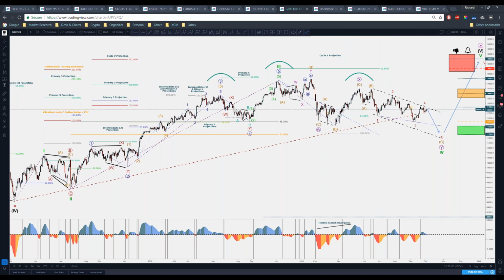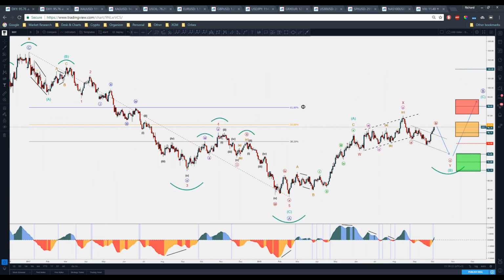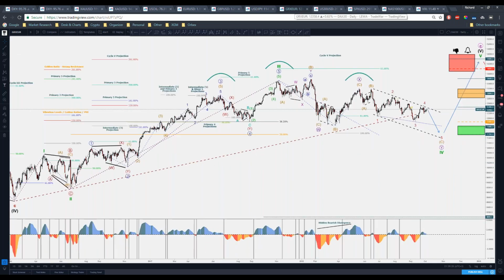Now, yeah, it can only defy gravity for so long. Exactly, you're right. If you're talking about the Dow Jones and these indices, for sure, you're right. I'm seeing the same thing. Okay, so